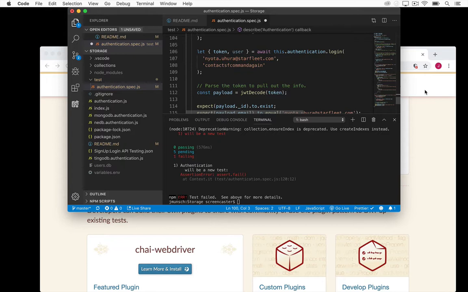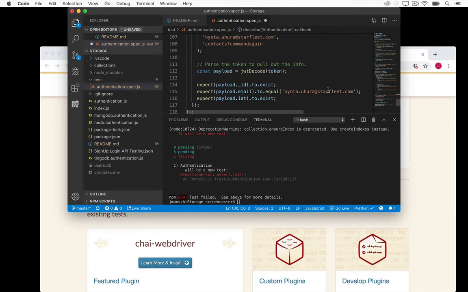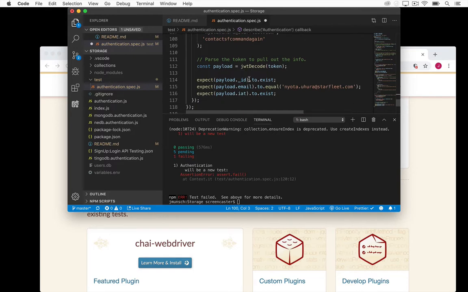It decodes that token into its various parts. It pulls out specifically the payload portion of it, and then it says, hey, did the payload have an underscore ID on it? Did it have an email? Did it have an IAT, when it was created effectively? And it's only okay if all those things actually existed. And so this complete set of code, if we run it,